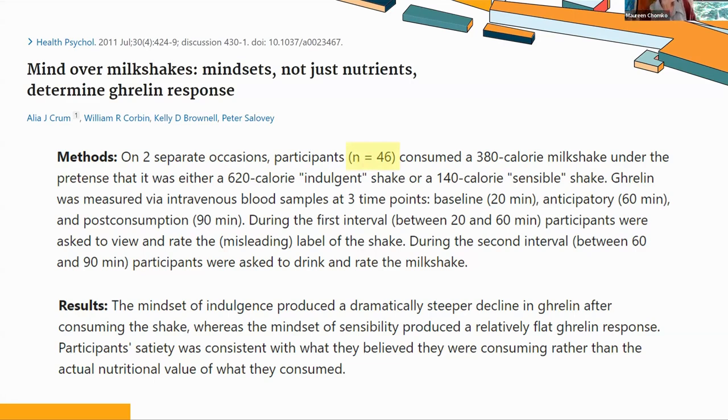This is an N of 46, and it hasn't really been reproduced. And the tricky part is the main outcome that they found was that it produced a steeper decline. So it wasn't just differences in baseline levels or at the end of the study. They were comparing specifically that the decline was greater because the levels of ghrelin were larger before the indulgent shake versus the sensible shake. So until it's reproduced on a large scale, I wouldn't necessarily recommend it for everybody. The average BMI in this study was 22, and 78% of the participants were students at the college. So definitely not a randomized controlled trial. So I don't necessarily trust these results, but